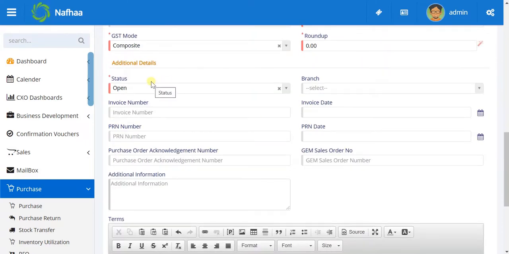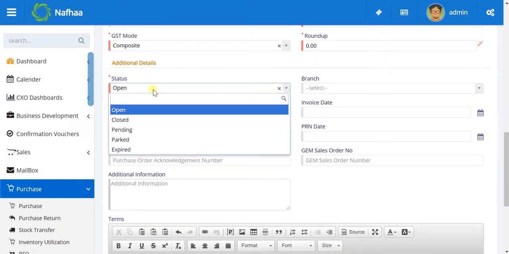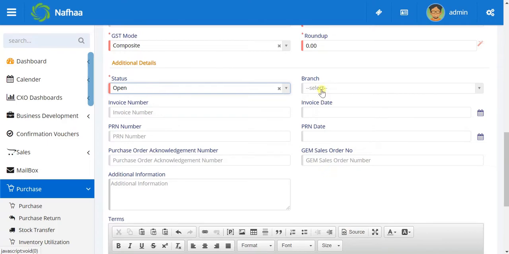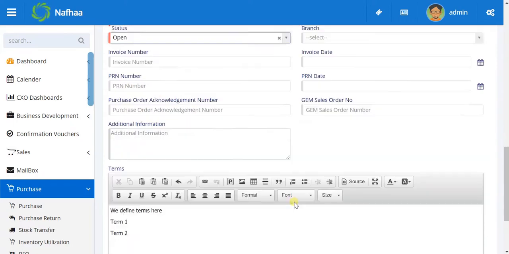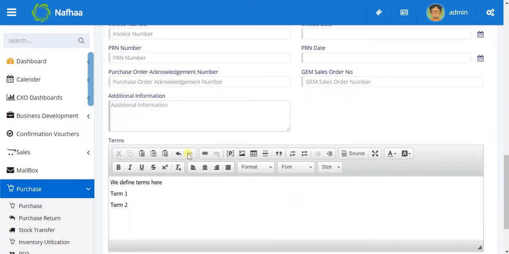And then the status, whether it's open, when you close this PO, you close it. Okay, then branch, from which branch this PO is raised, you can hide it from settings. Then the invoice number against which this PO was required or raised, PRN number, PRN date, or purchase order acknowledgement number, you can add it over here. Then if you have enabled bid, then GM sales order number can be added,